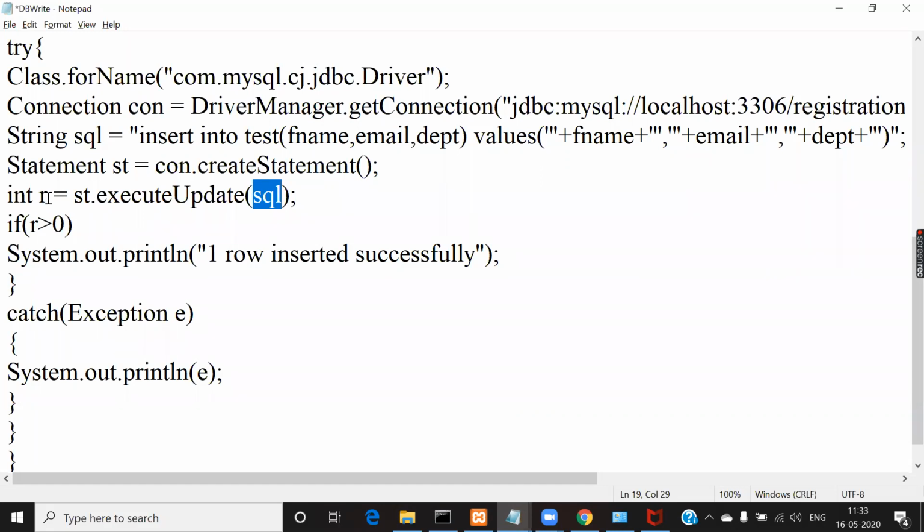Okay. So now this execute method, what it does is,